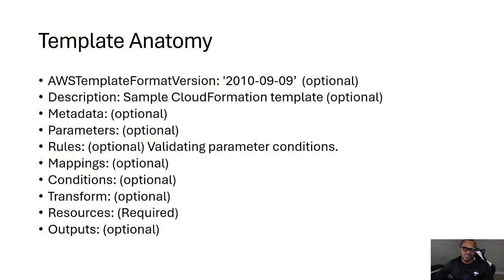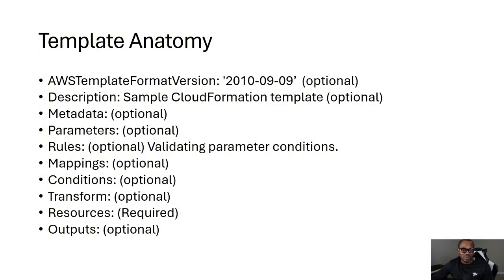What's template anatomy? A template is just a YAML or JSON document where you define the resources that you want to create on AWS. And a CloudFormation template has some sections which include AWS template format version, which the default is